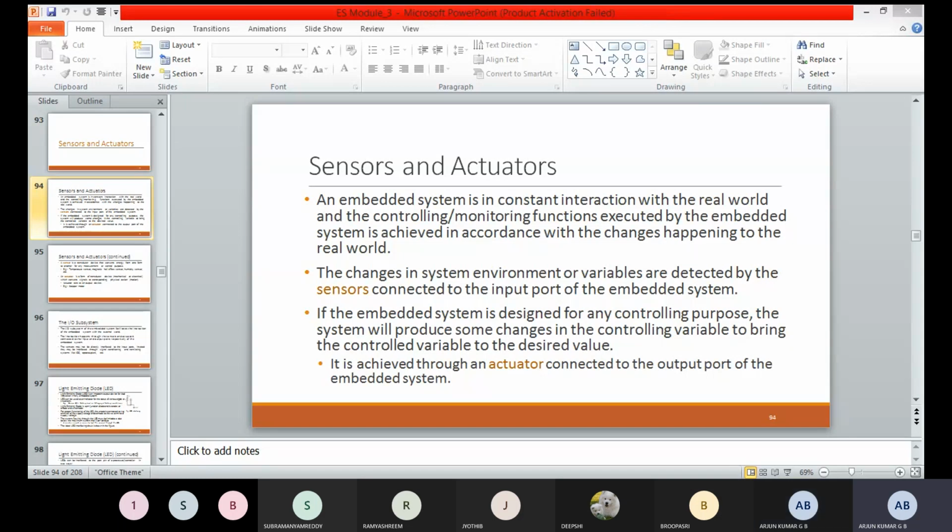Suppose you take an example, closing and opening a door. Based on the sensing signals, the system will send a signal to the actuator to close or open the doors or windows. Based on some controlled parameter signals, some environmental signals, they take the information from the sensor, and then the actuator's output variables correspond to a particular action. This is the actuator and the sensor. Clear about this one? Any doubt?